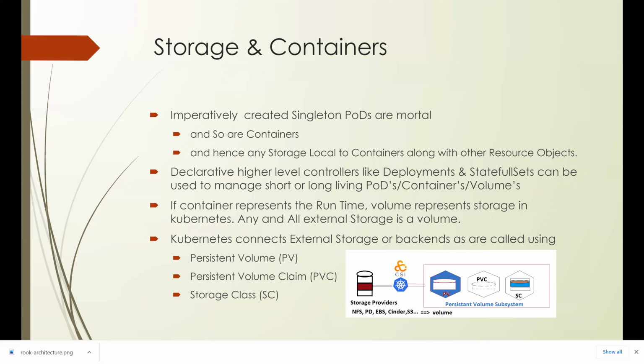PD is the Google persistent disk, and EBS is the Elastic Block Store. Cinder, S3. You can create volumes from any of the storage providers. But the secret to success is using CSI. Kubernetes uses CSI. Like what did our CRI do? CRI gave the network to CNI. In the same way, CRI passes on the responsibility to CSI. It is CSI's responsibility, and this is where CSI comes in.